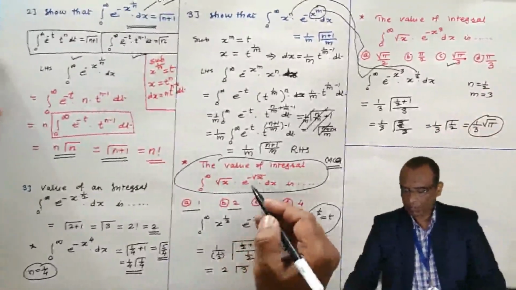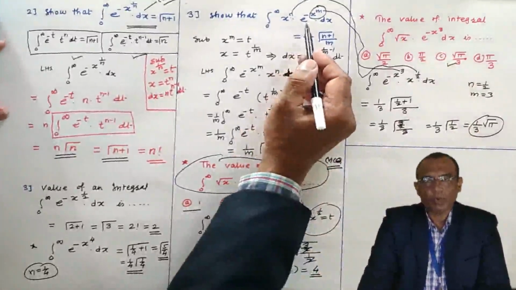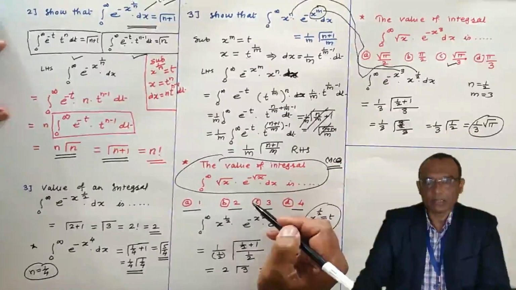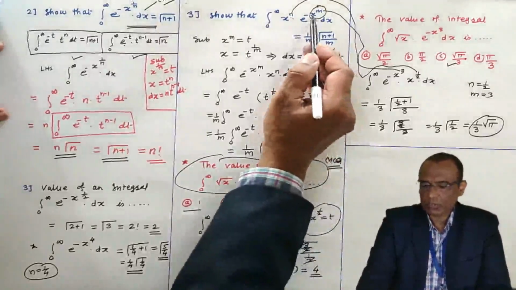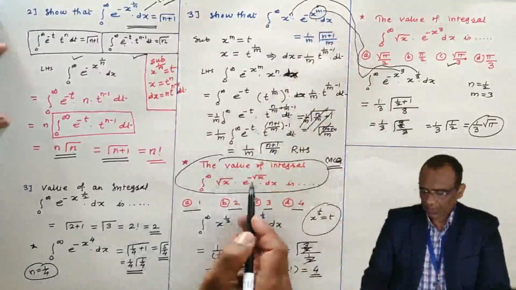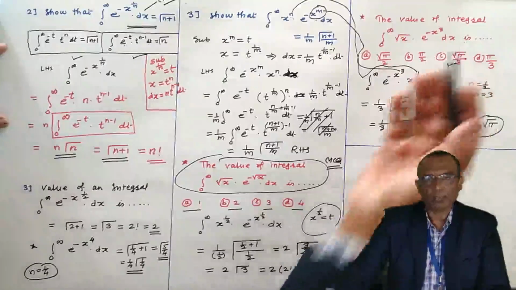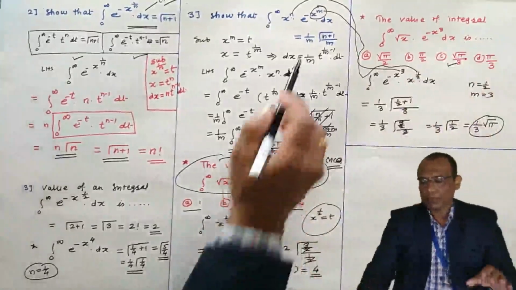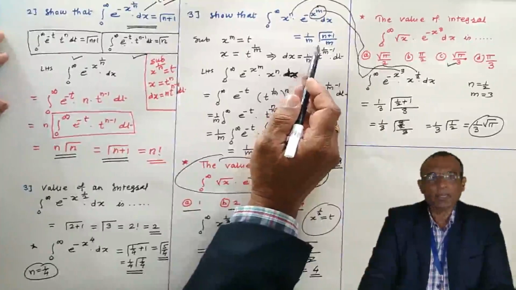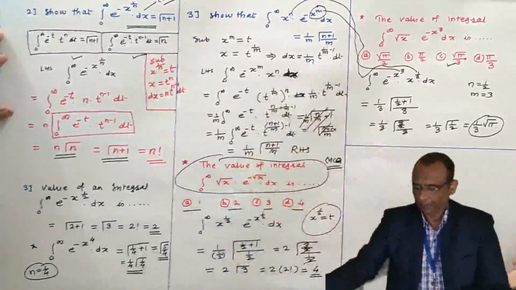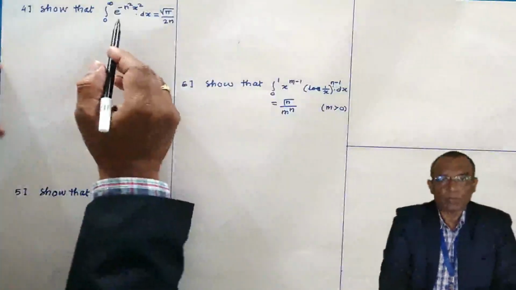So this type of problem may be asked in an examination. You can directly use this formula for this category of integral, or you can substitute x to the power m equal to t. Here root of x equal to t, or here x to the power 3 equal to t, and go on solving. But if you use this formula, then in 1 or 2 steps you will get the value of the integral. Now the next problem, this we are going to solve.